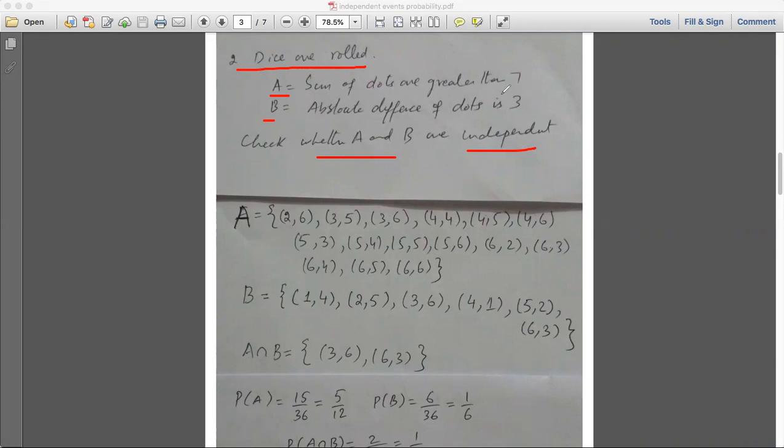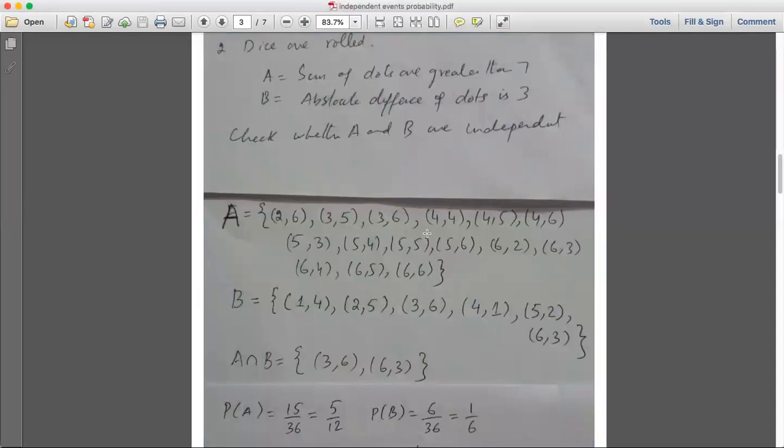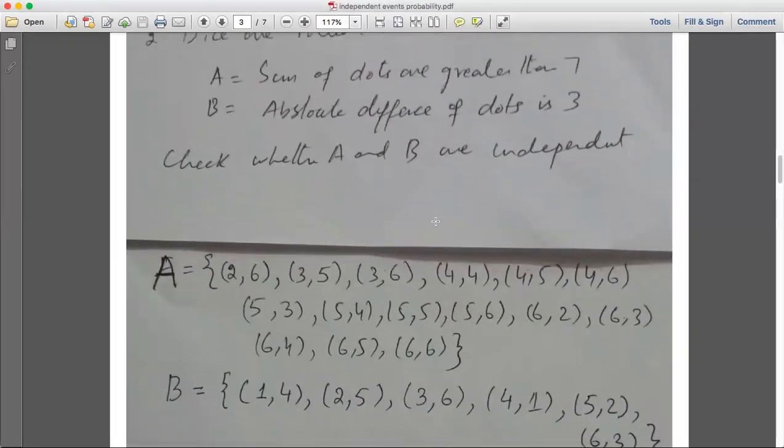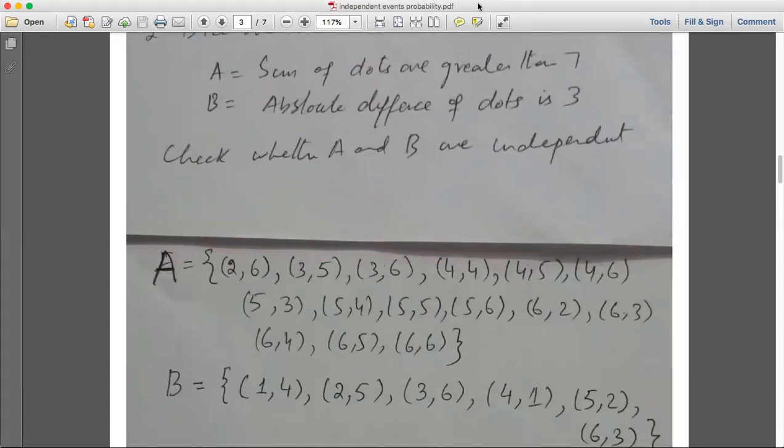अब यहाँ पे हम क्या करेंगे? इन सेट ए में क्या करेंगे? आपके पास जो सैंपल स्पेस नोट है जहाँ पे आपने वो लिखा होगा, उसमें देखेंगे सम ऑफ डॉट्स आर ग्रेटर देन 7, कि जहाँ पे डॉट्स का सम जो है वो ग्रेटर देन 7 है, हमने सेट ए में वो वाले एलिमेंट्स लेने. As you can see here, the sum of dots जो यहाँ पे आ रहे हैं हमारे पास in set A, देखें वो किस तरह से हैं. In set A, we need to take the sum of dots greater than 7. Okay, so देखें इसमें क्या sum of dot greater than 7 है.